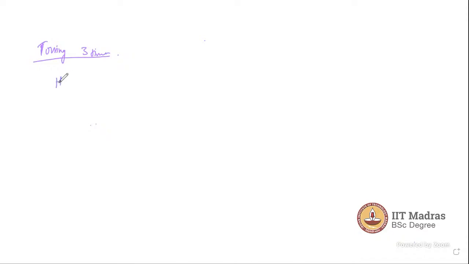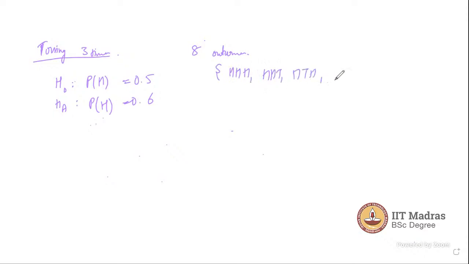Okay, so let's say your null hypothesis is probability of head is 0.5, and the alternative hypothesis is probability of head equals 0.6. Now, when we toss the coin 3 times, we'll have some 8 outcomes. So let's write it here. Now, what we're saying is our acceptance set